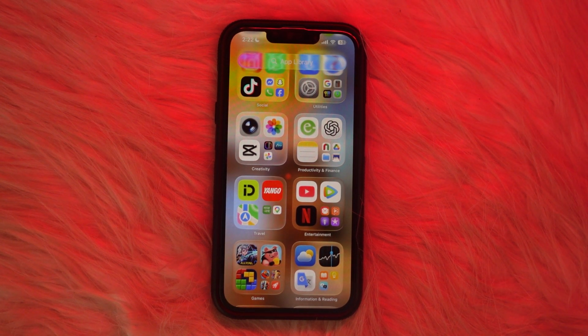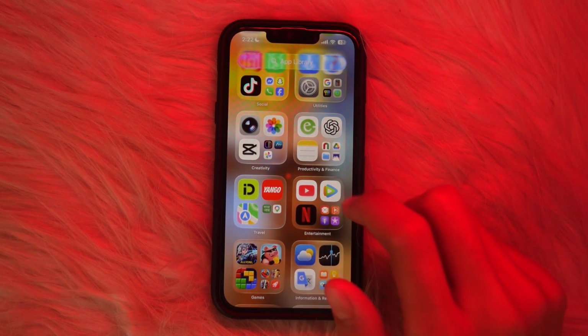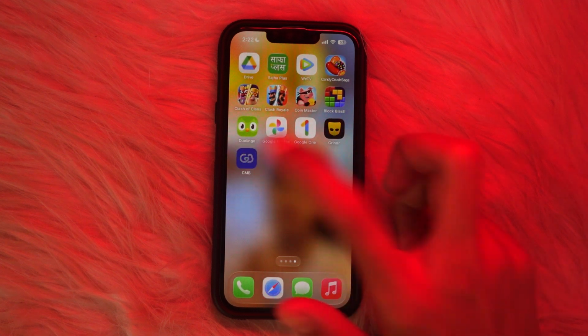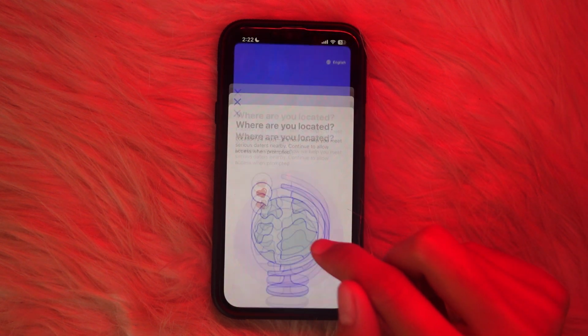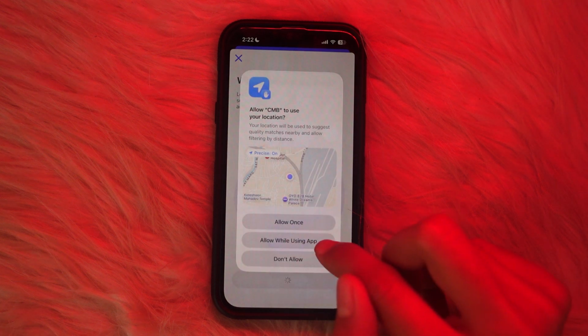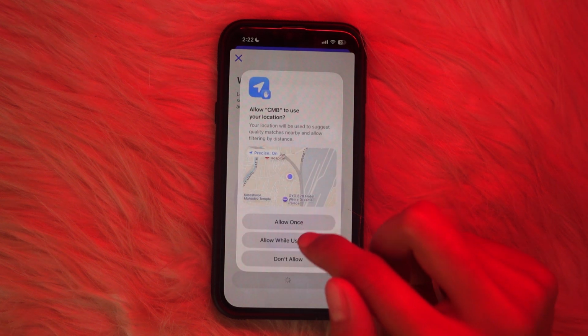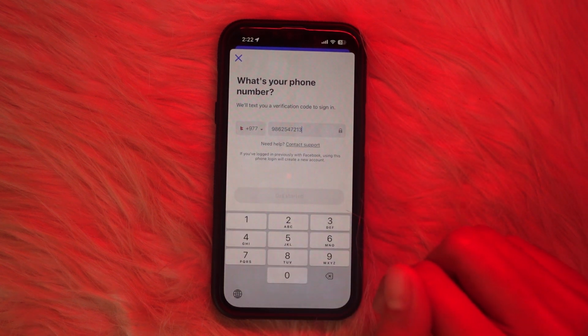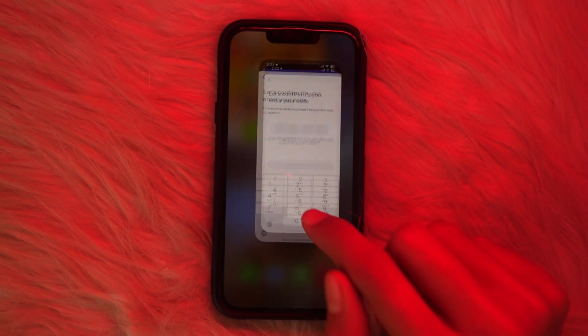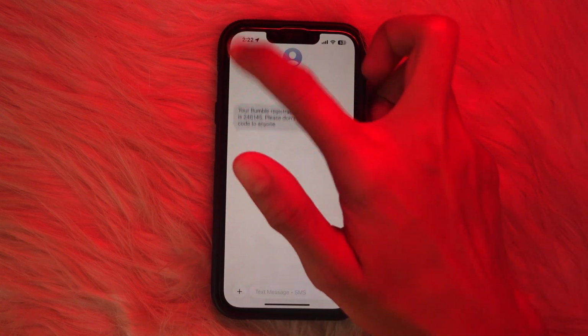In this video I'll show you how to sign up into Coffee with Bagel. For that you need to open your app, and now you need to tap on I'm new here and tap on next button, and here you have to give them your location access, and you have to enter your phone number here and then tap on get started button, and they will send you a verification code on your message